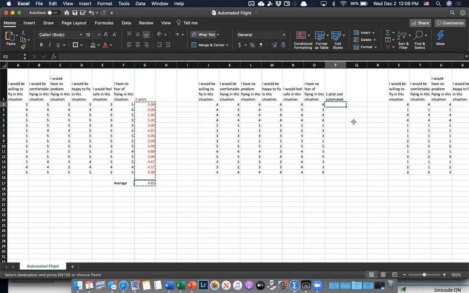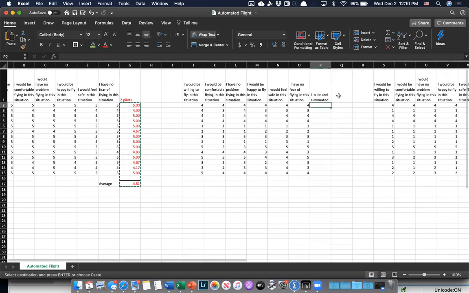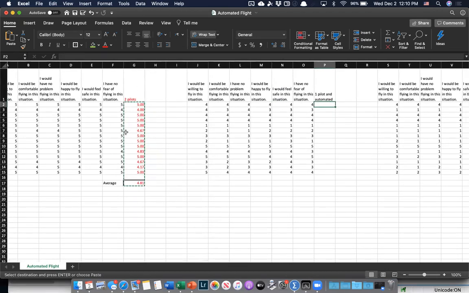Okay, great. And then we do the same thing for the 1 pilot and automated. The same thing we did over here on the left-hand side for the right-hand side. What I did was I copied this set of equations, and what Excel will do is actually fix it to these data cells from J to O. So if I hit paste, there you go. We've got all the data set already done. So you just have to copy it from the first one, the G column, over to the